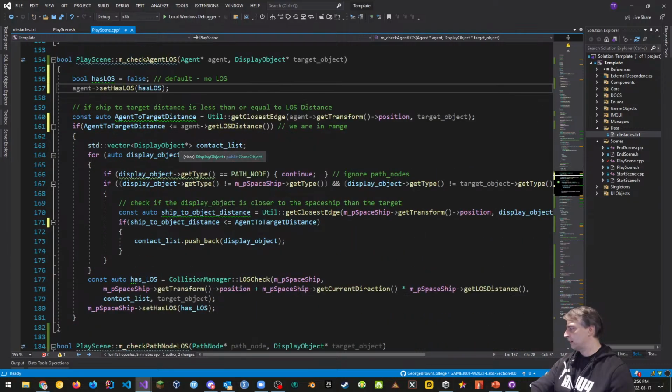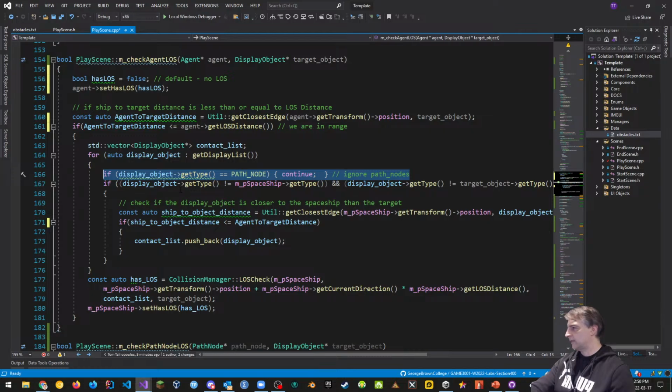That's like before. Here's our contact list as before. Well, this is going to be slightly different in here than we had before. We had our path node and so on. So we ignore path nodes here, is what we did before. Alex has nicely refactored this one, so we're going to go with a slightly different thing in here altogether.